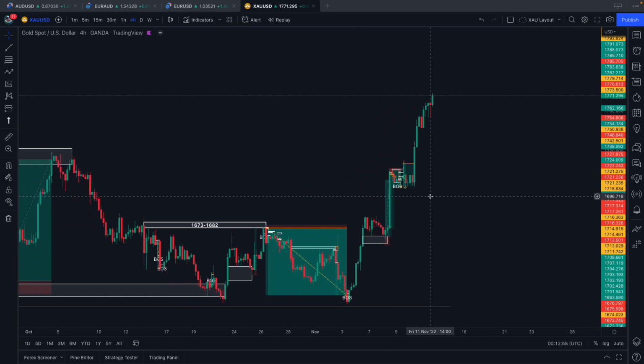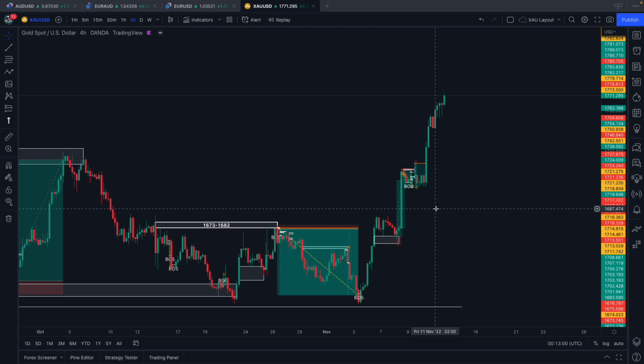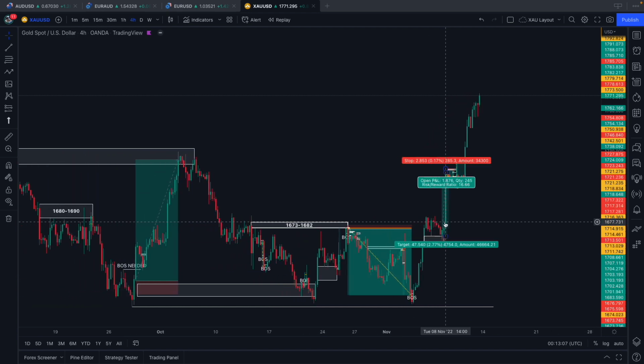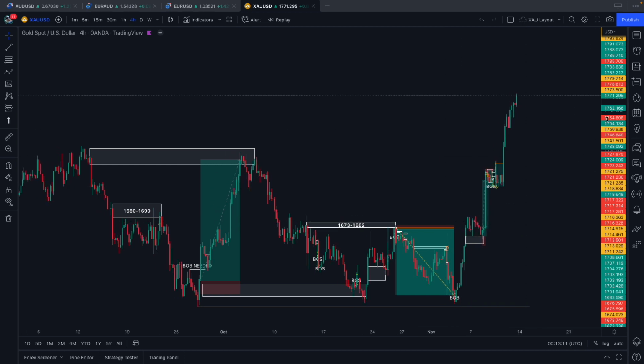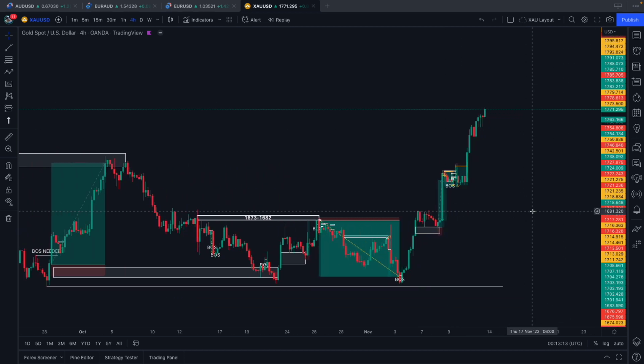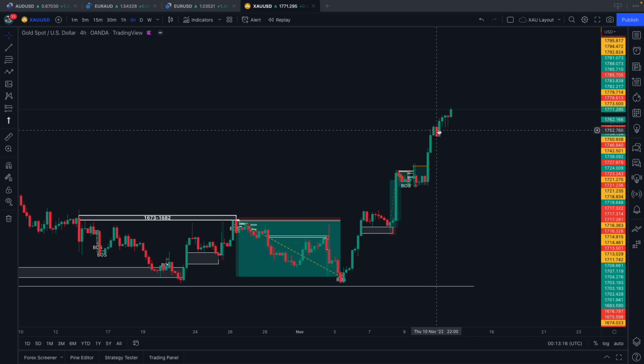There's a lot of inefficiency within this market. So my bias with XAU USD is potentially looking to buy into this market. We just need to find good areas to actually buy into this market, giving us refined entries and the capability of having a good risk to reward ratio. So stay patient, wait for pullbacks into potentially this area.